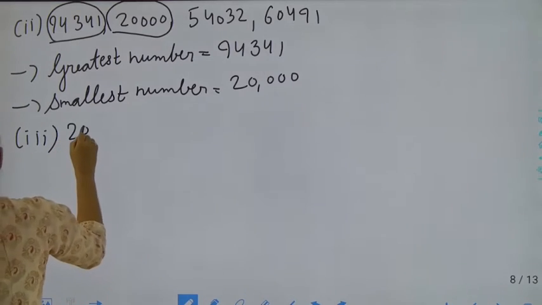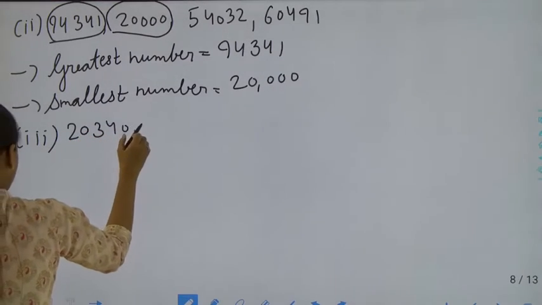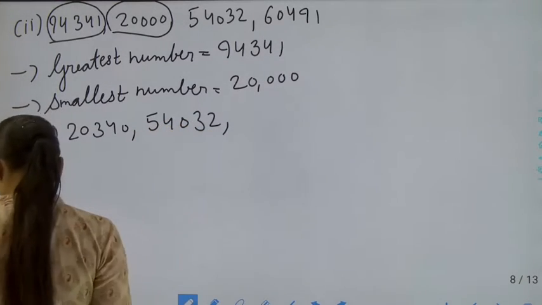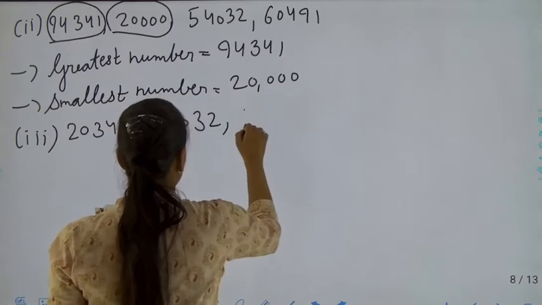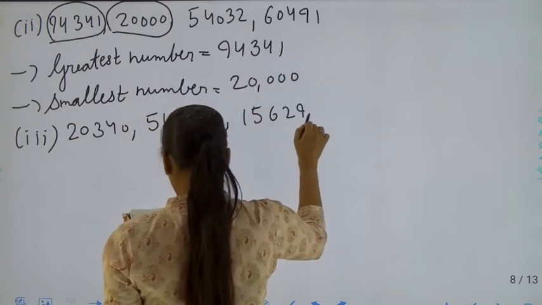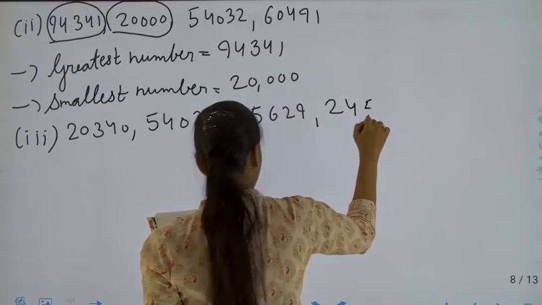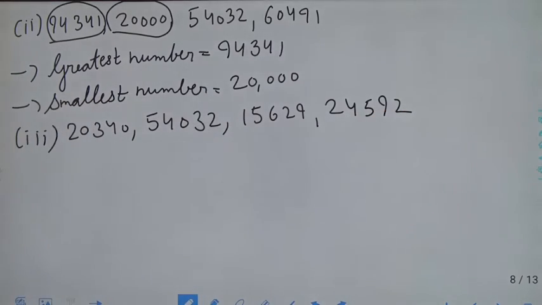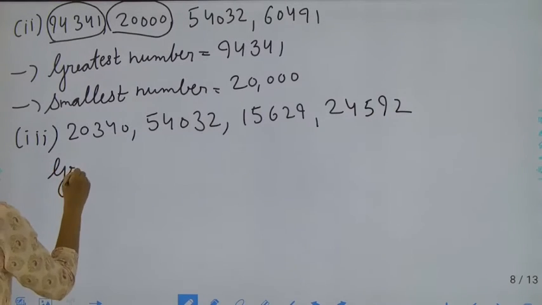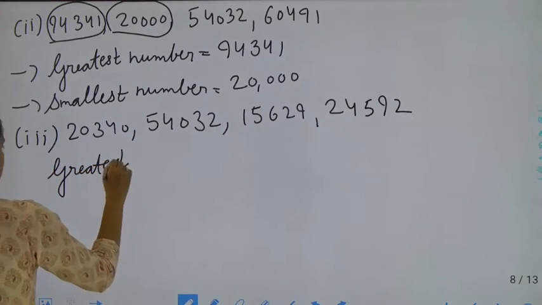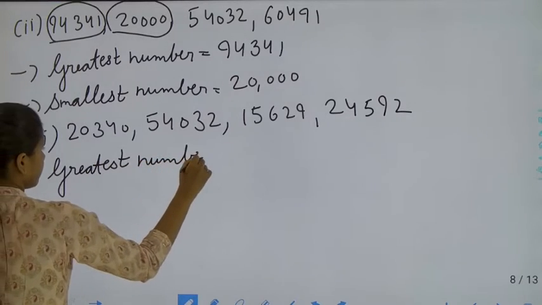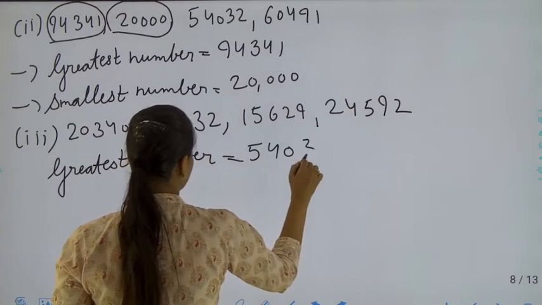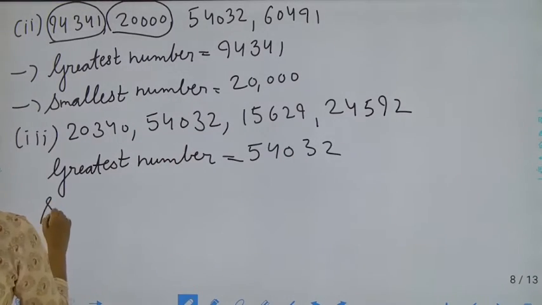that is 20,340 and 54,032 and 15,629, 24,592. Now we have to tell which one is the greatest number. That is, the greatest number is 54,032, and the smallest number,